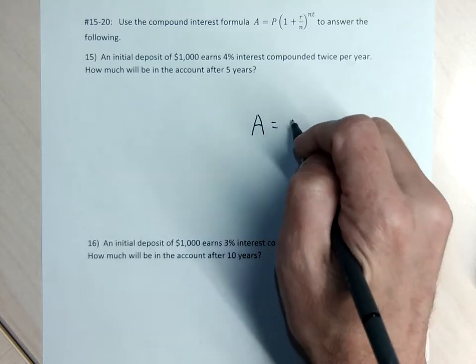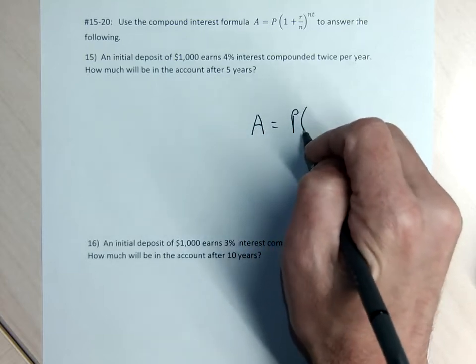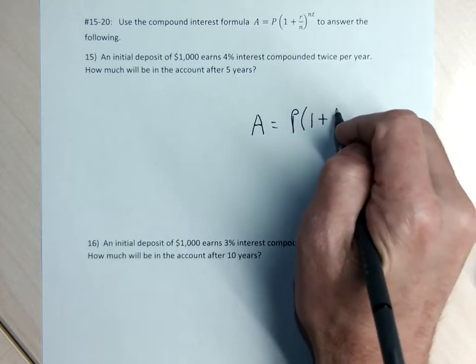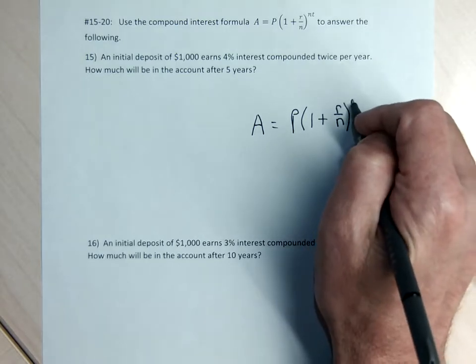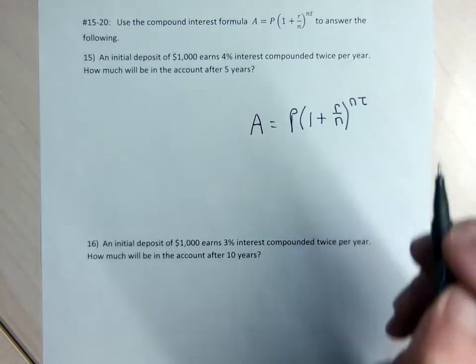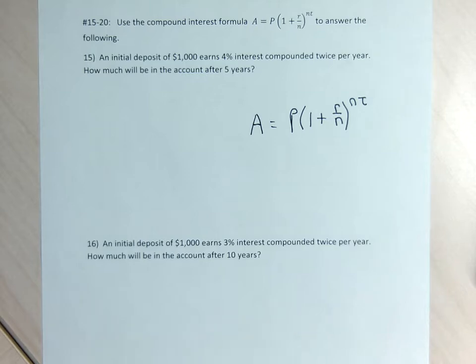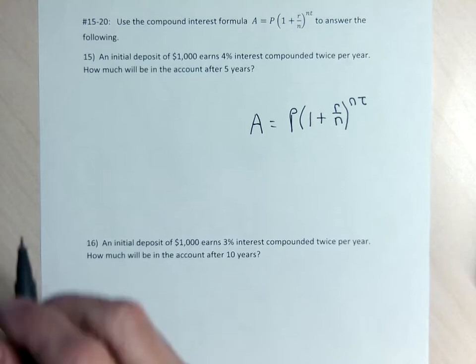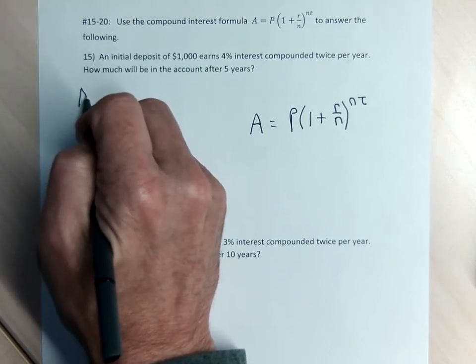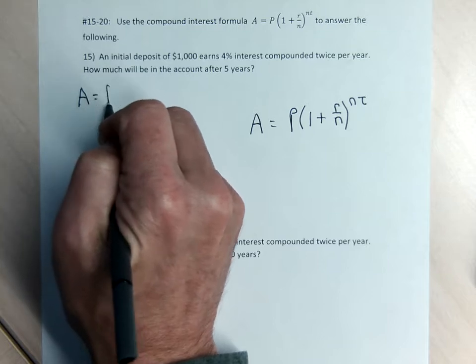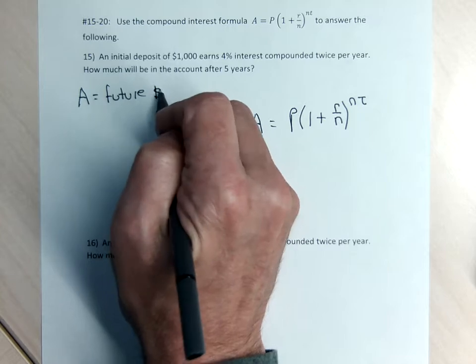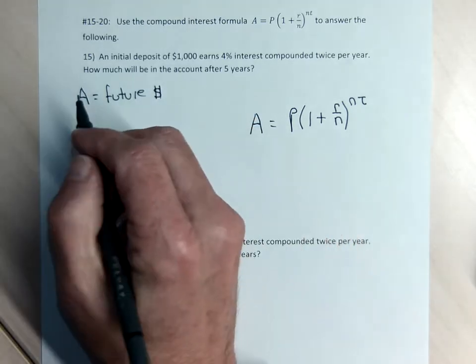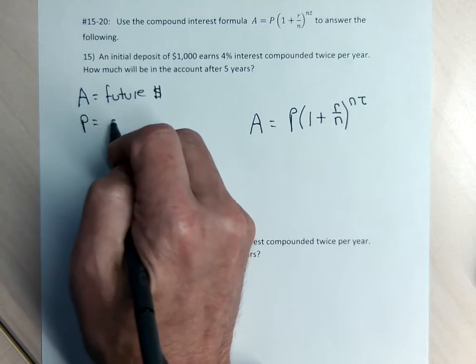The formula is used to figure out how much money is going to be in a savings account at some point in the future, given the interest rate, the length of time that it's invested for, the amount of money that's invested, and how often interest is being paid. So for this formula, the A is the future amount of money. The future amount of money that I'm going to have can be found by taking the P, which is going to be the starting amount of money,